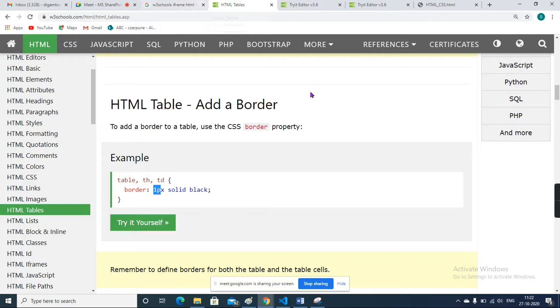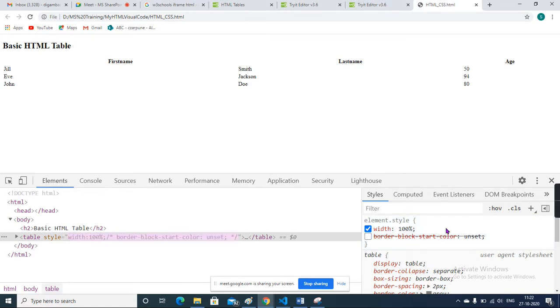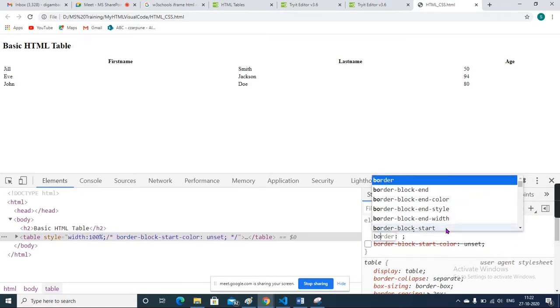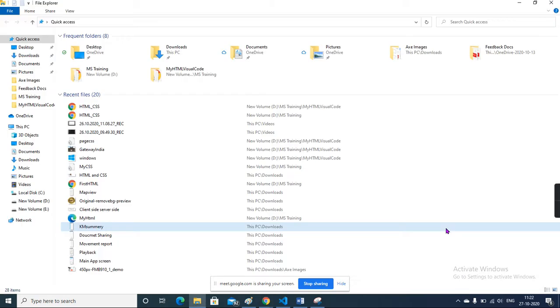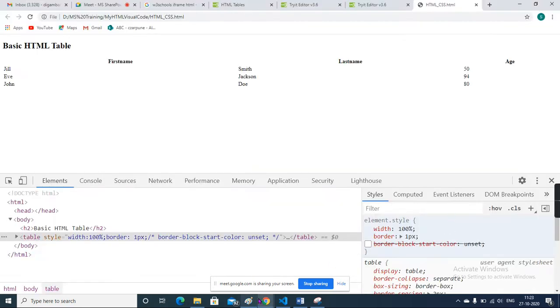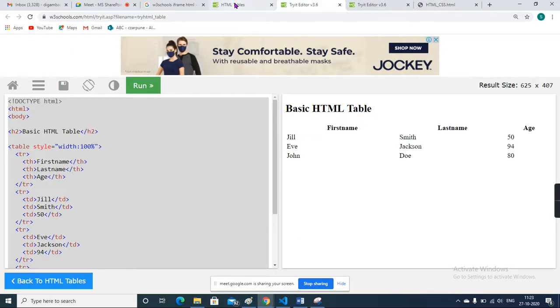Then I'll go here. Just remove this. Add new CSS border, 1 pixel. Just a minute. Let me check what is the code for that.